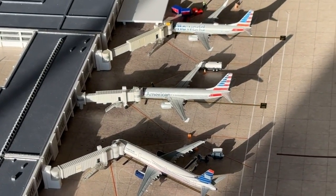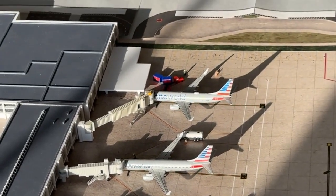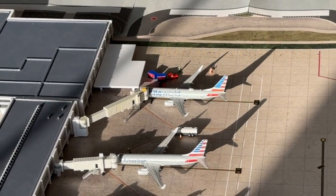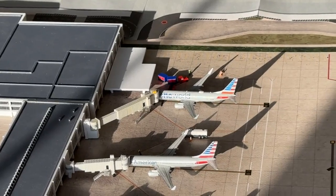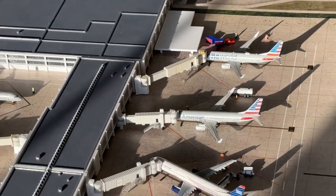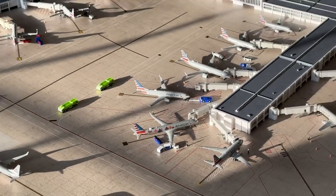An American Airlines 737-800 coming in from New York John F. Kennedy and now it's heading out to Dallas Fort Worth. And a One World American Airlines 737-800 coming in today from Long Beach, and now it's going to be making a flight today over to Denver. So as you can tell, quite a wide array of American Airlines aircraft, so no shortage of fun on those